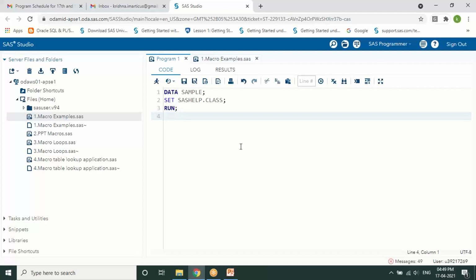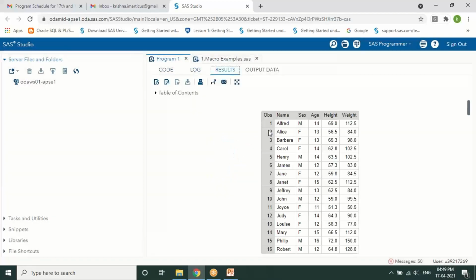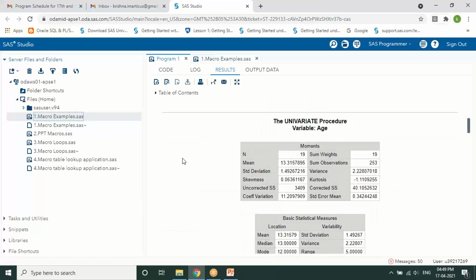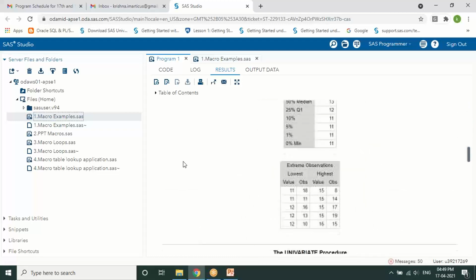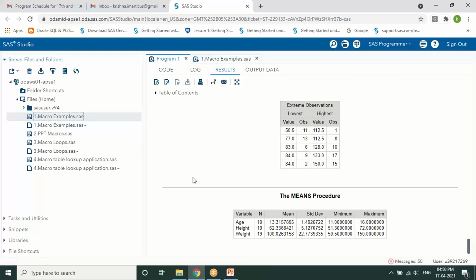So rather than writing all that, I'll just invoke the macro I have just created, that is DSP22. If you just execute it, you'll be able to see the result now, which has a print of the data set, all the univariate analysis, as well as the mean value.